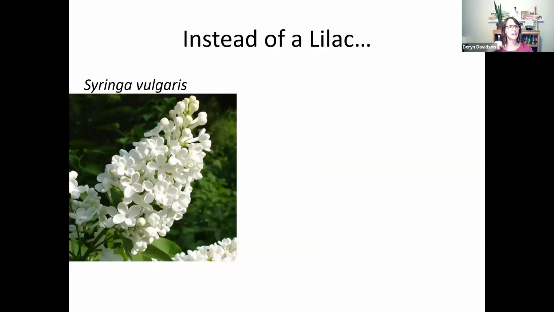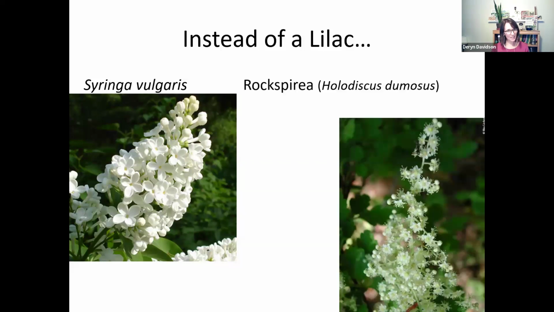Okay, instead of lilac, now here again, I'm a plant person. I love plants. I do love native plants, but I feel like on a lot of these I'm saying, you know, I love lilacs, but here's the alternative. So lilacs are beautiful. I grew up in Fort Collins and, you know, I associate spring with lilacs because there were so many there, but not native. They have issues. They get powdery mildew a lot. So unless you really, really love lilac and need to have a lilac, if you're just attracted to the look,